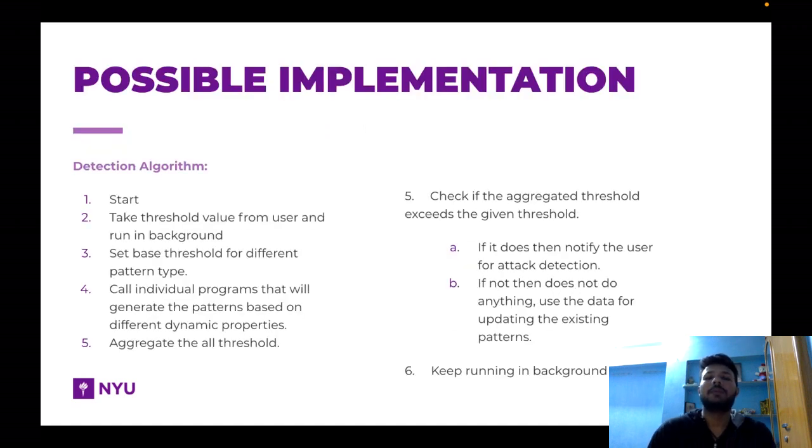Let's take a look at the possible implementation that we could have. So we propose a detection algorithm. And the pseudocode for the algorithm seems like this. So we have step 1 where we'll start executing our code. Step number 2, take threshold value from the user and then run it in the background. Step number 3, set base threshold for different pattern types that we have. Step number 4, call individual programs that are part of the same detection algorithm that will generate the patterns based